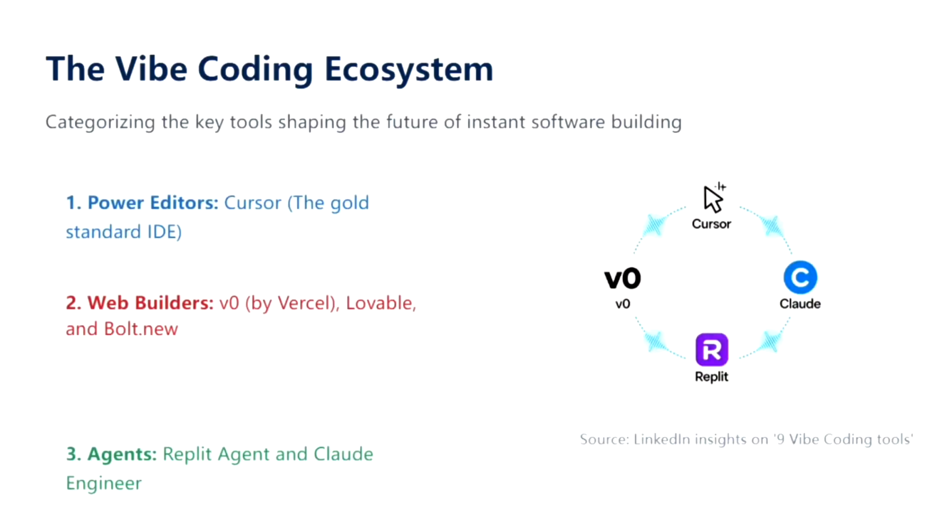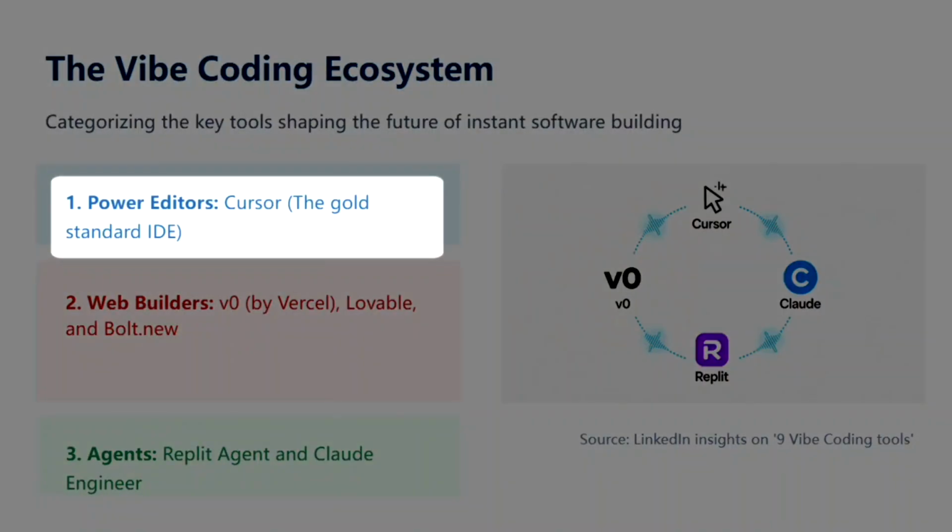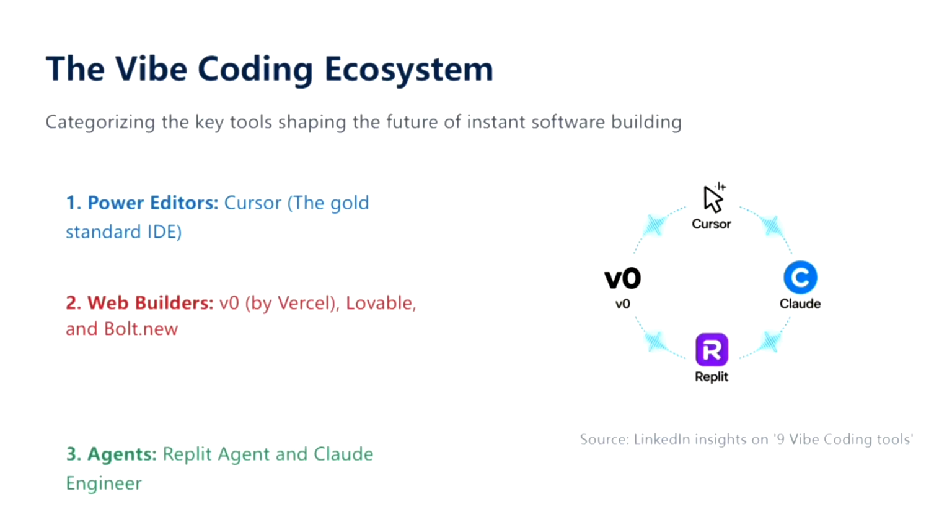Building on that mindset shift we just covered, let's look at the actual landscape of tools making this possible. This is the vibe coding ecosystem, a map of the digital workspace where your ideas become reality. First, we have the power editors. Think of these as the evolution of traditional coding environments. Cursor is currently the gold standard. It's not just an editor, it's an IDE that lives and breathes AI,